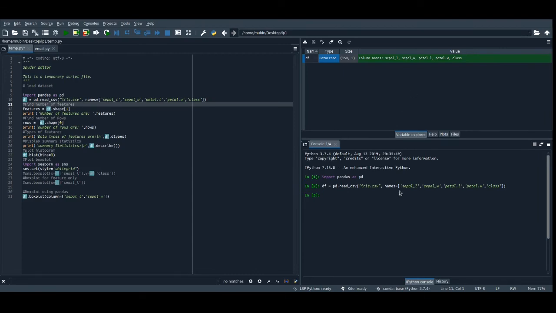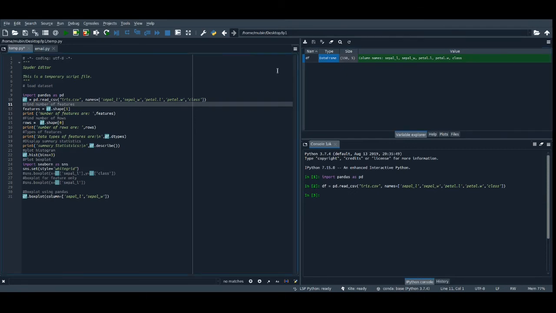If we go to the last, we can see it is 149. So a total of 150 rows are there, and the columns are sepal length, sepal width, petal length, petal width, and class. So 5 columns are there. In this way you can see this from the variable explorer.